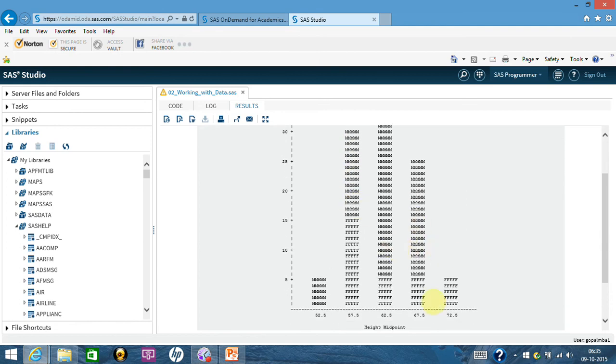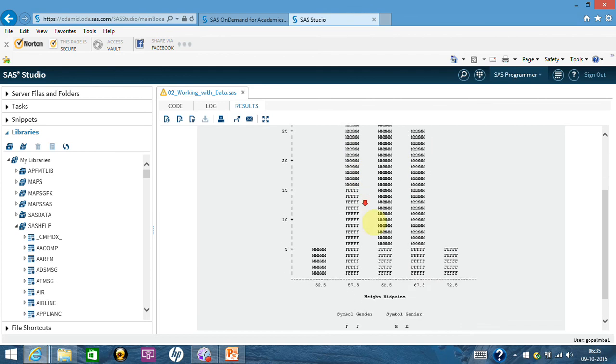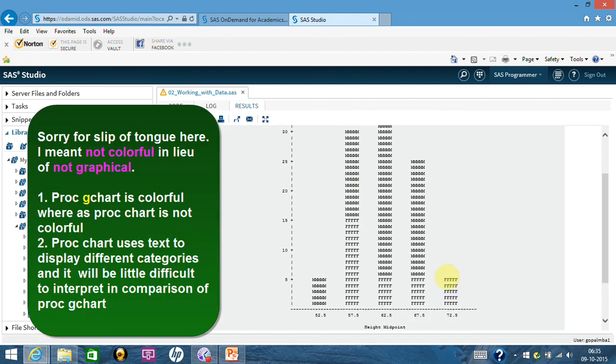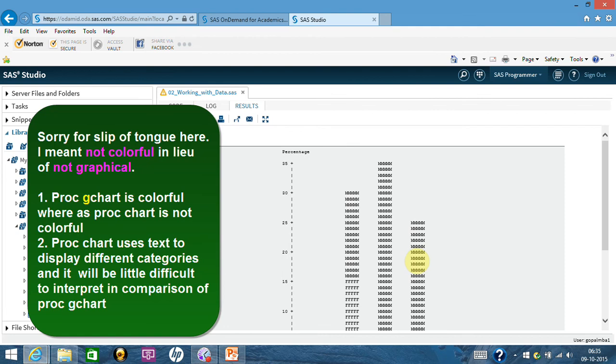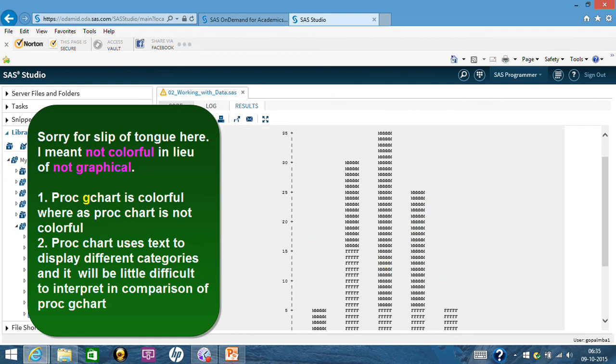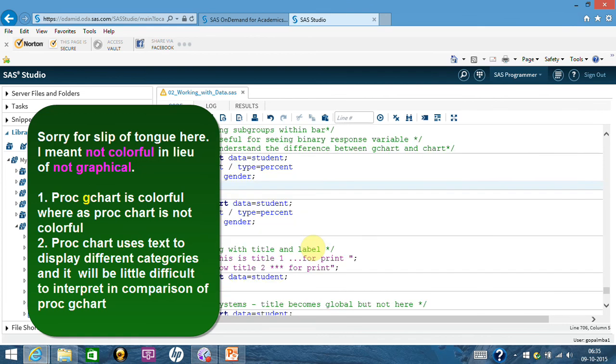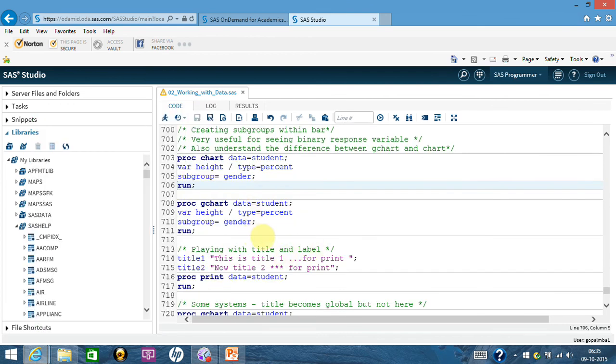If you look very carefully, you can see that till here you have female and after that you have male. So it produces just the graph which is not graphical. Graphical charts are obviously much more colorful and better to understand. So that's how you do it.